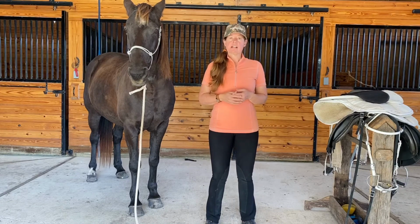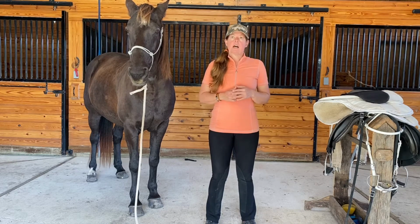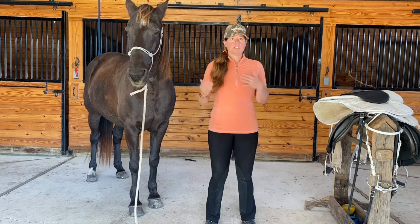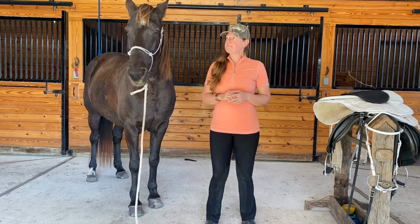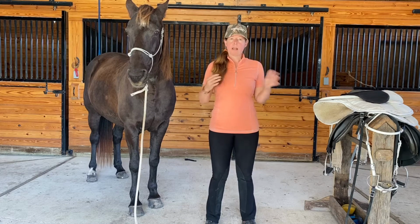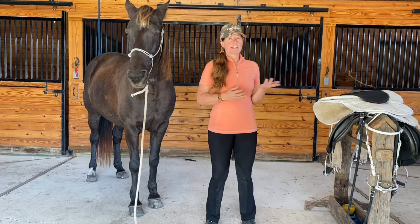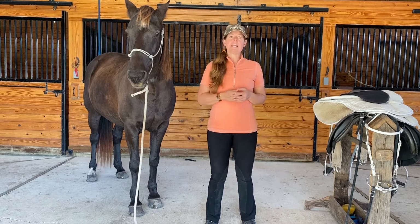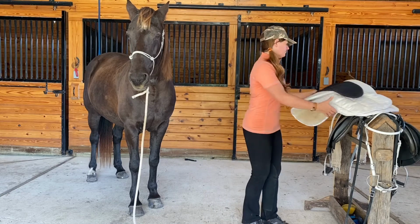Obviously, if you have a saddle that doesn't work well for your horse, you're going to struggle putting that saddle on. I've had this saddle process like many people have and have come to two saddles that I ride her in. One of them is a super wide Western saddle that we'll look at sometime, but today I'm going to show her English style tack that I use for endurance riding. And her saddle is made by Balance International,